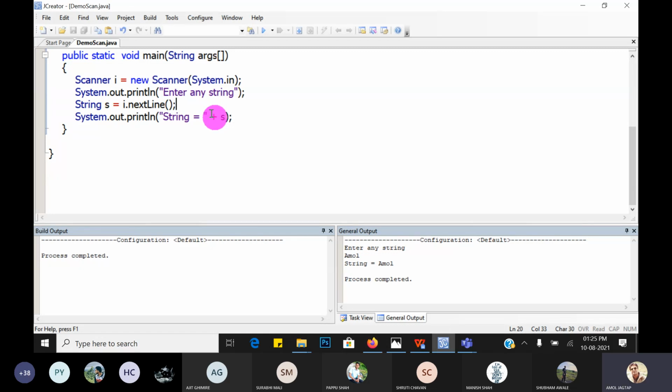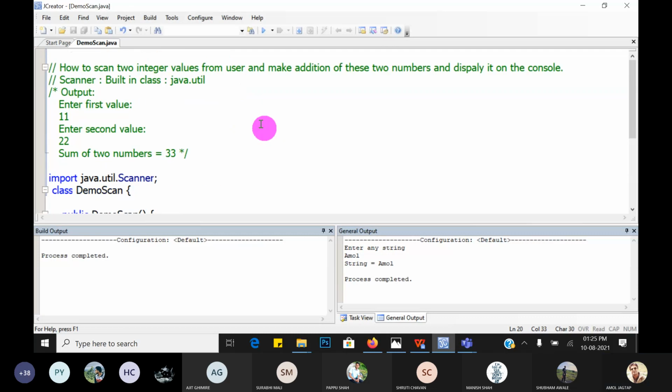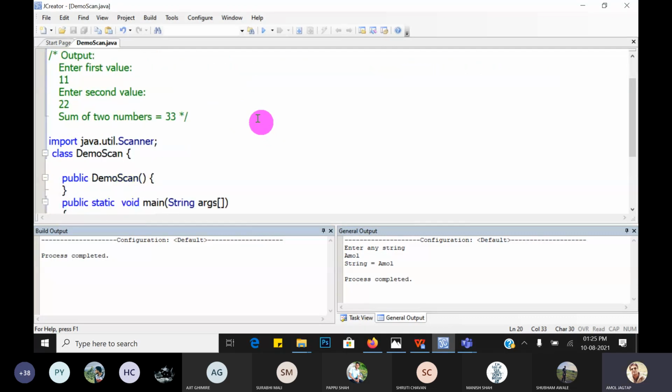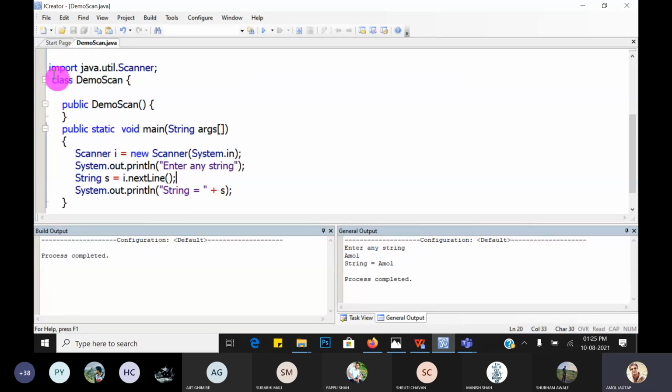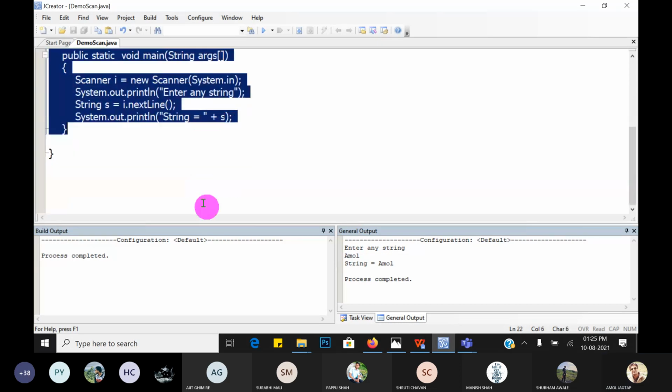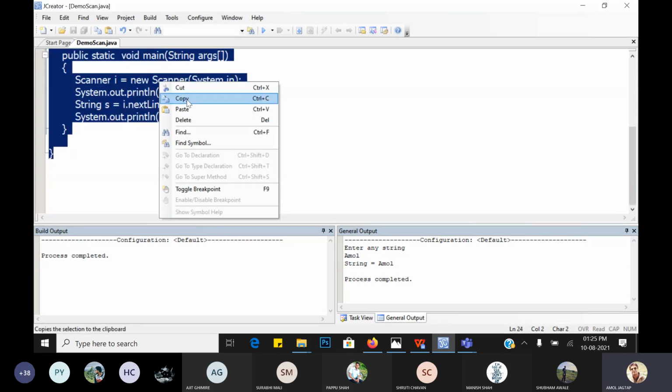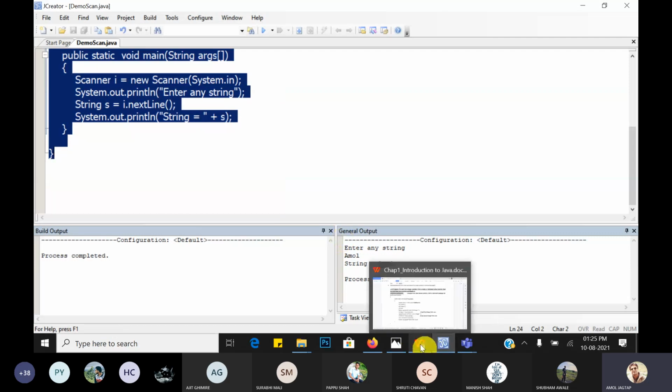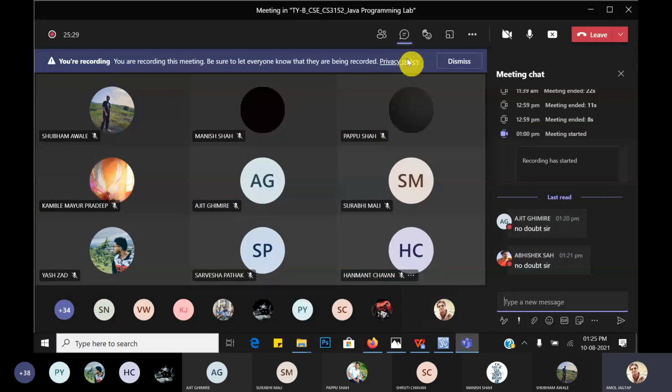Great. So now let's move to the next point, how to scan values using the DataInputStream class. I will make the changes in the same code. I have copied and pasted it into your chat box for your reference.